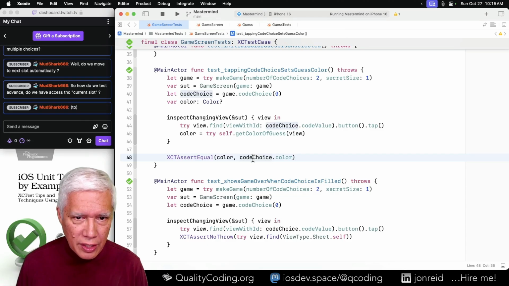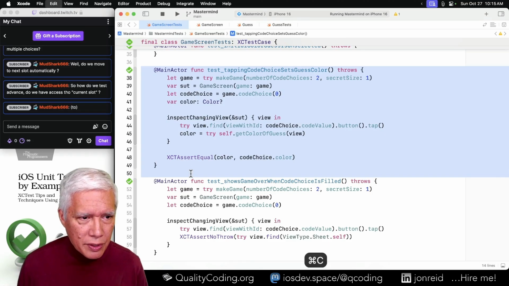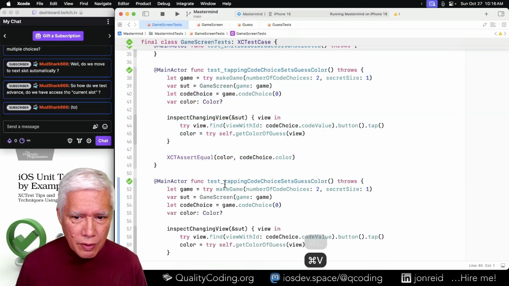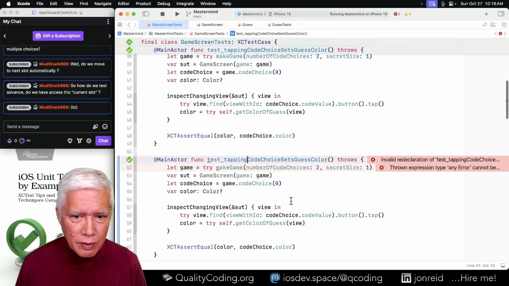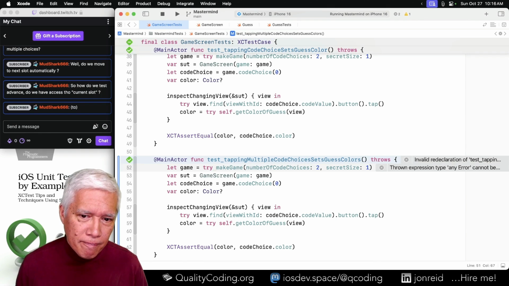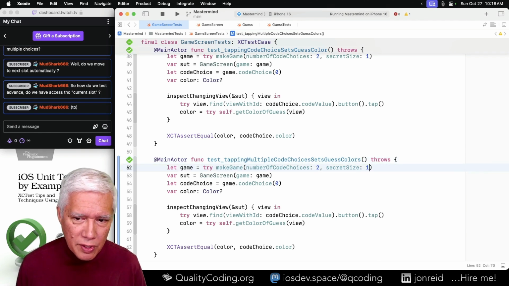Let's start here. Copy and paste. Tapping multiple choices sets guess colors with a secret size of 2.